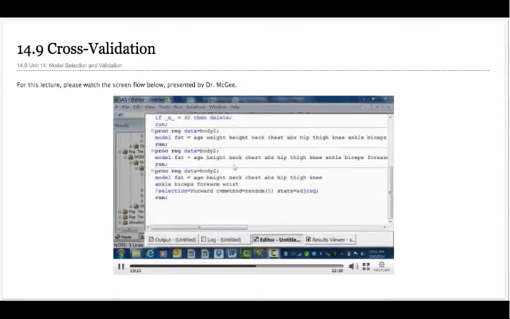Now that we have a model that we think is viable, and that the VIFs are relatively small, and that we think we have taken care of any high leverage values and any violations of the regression assumptions, we would like to be able to choose the predictors that are the best fit or the best